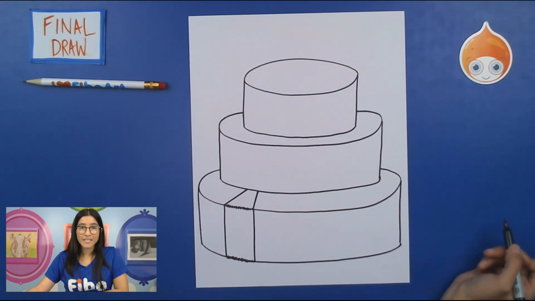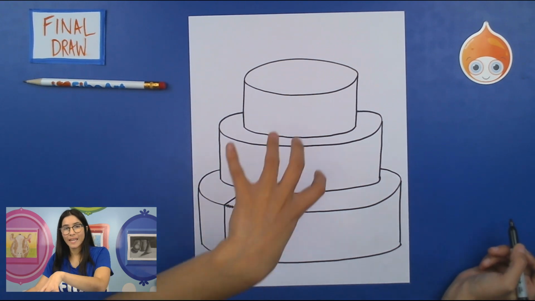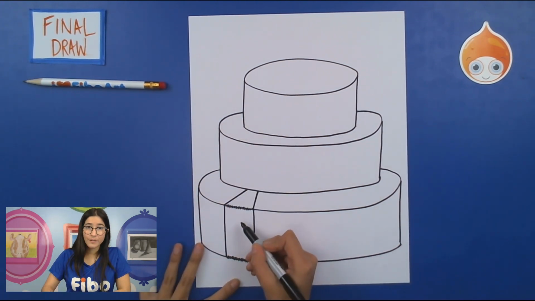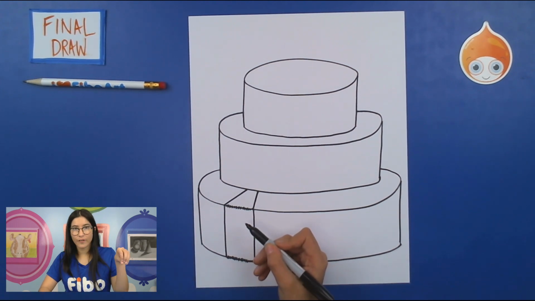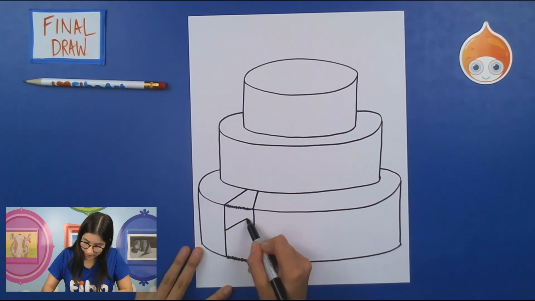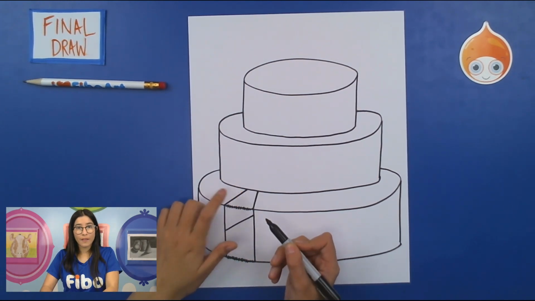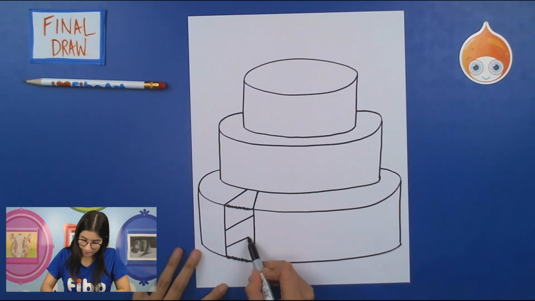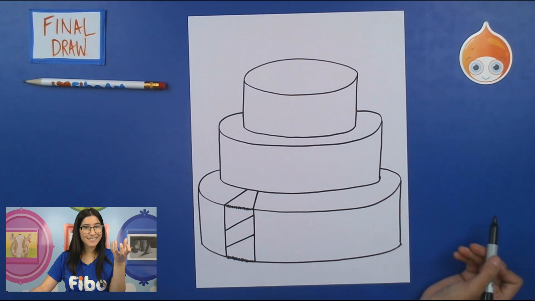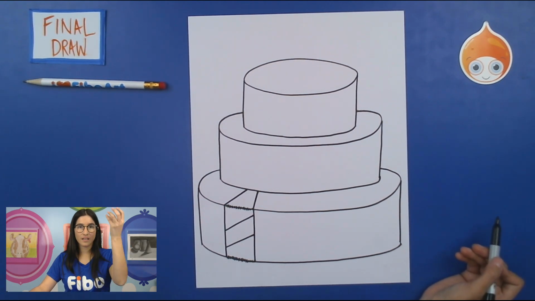Now for perspective, to make it look like the cake is going in toward that corner, we're going to go ahead in the middle, if you want a filling or a different kind of part of your cake in the middle. You can go ahead and add 2 lines that follow your top line, make them look a little parallel. That's going to show you that there's like a filling or something inside the cake other than just the cake